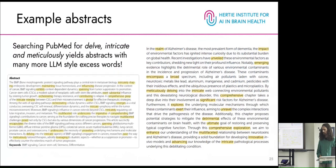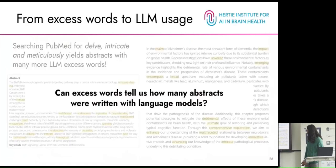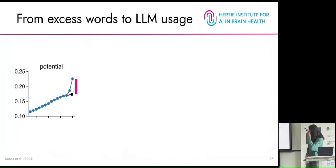We found this for several abstracts, and for us that was strengthening the intuition that these words are really highly correlated and put into the text by a common source, and we suspect that this is large language models. So this now comes back to our question from the very beginning: how can these words help us to put a number on that? How can they tell us how many abstracts were actually written with the help of language models? And I will again explain this